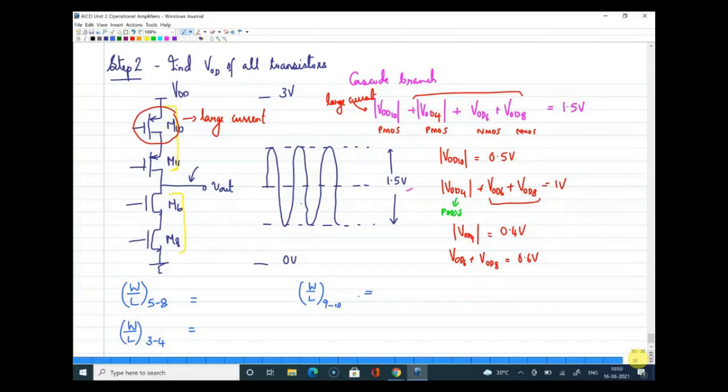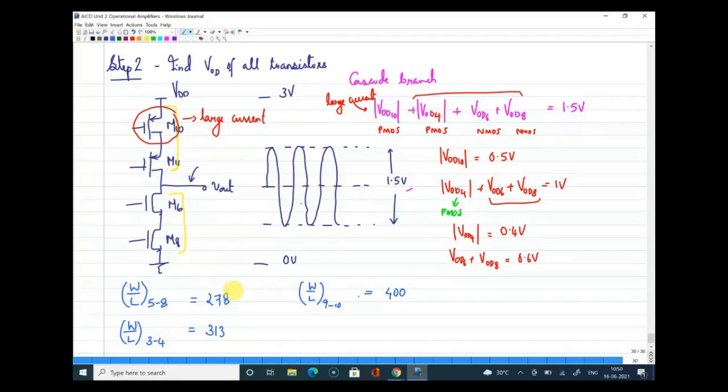So for 9 and 10, is it 400? Yes, for 9 and 10 it is 400. Right, this is 400. Yeah, Anushka, 3 and 4 it is 313. Yeah, that is right. Can you check? I think there is a difference. I made a mistake in the value. So this is 400. 3 and 4 it is 313. And 5 and 8, I'll write the answer. You can check, you will get around 278.